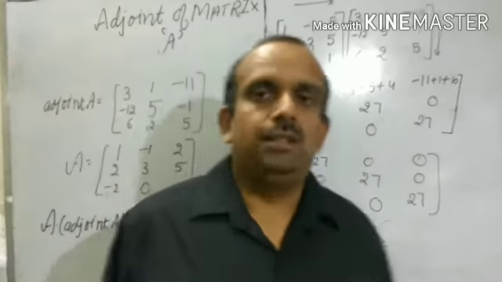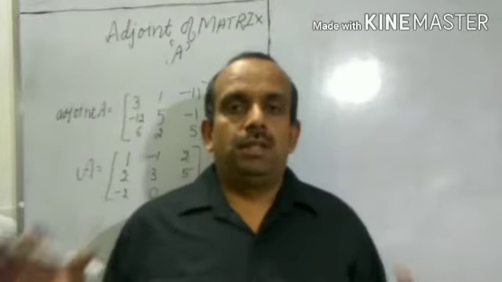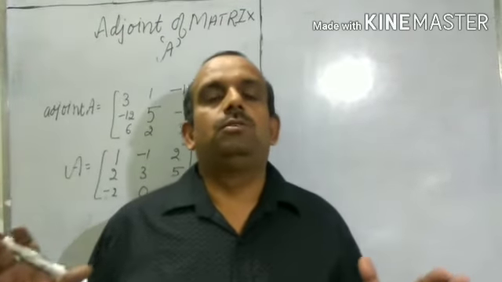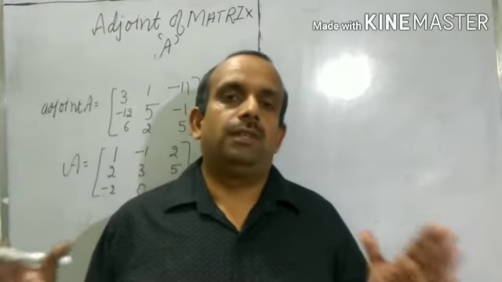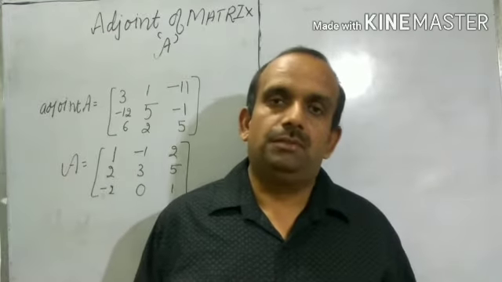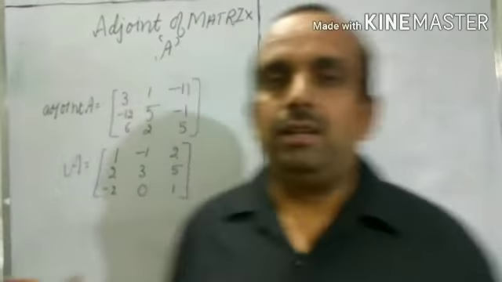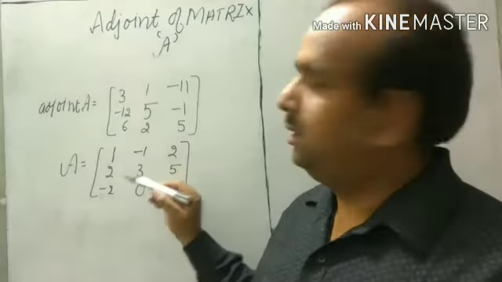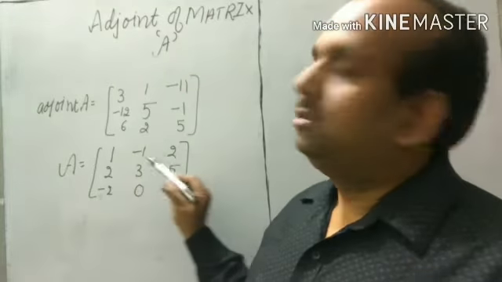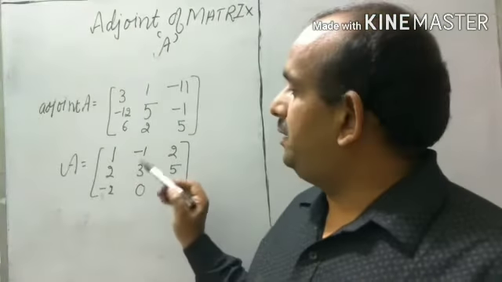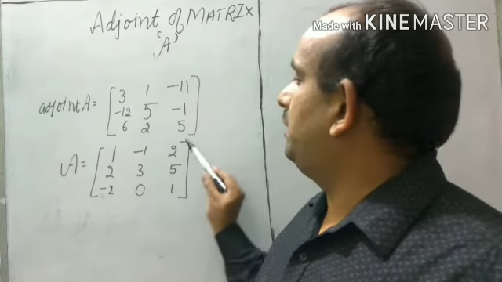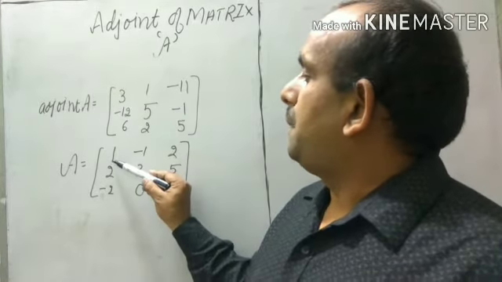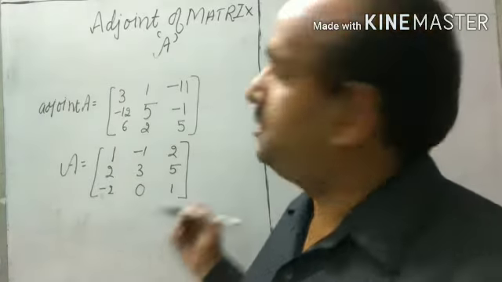Let us try to find what is that 27. Okay students, now to expand this matrix, we need not find all the cofactors again. We have already found the cofactors in our adjoint. These are all the cofactors of row 1, and this is row 1. So we will multiply the respective cofactor of any row by their corresponding elements, and we will find the determinant.